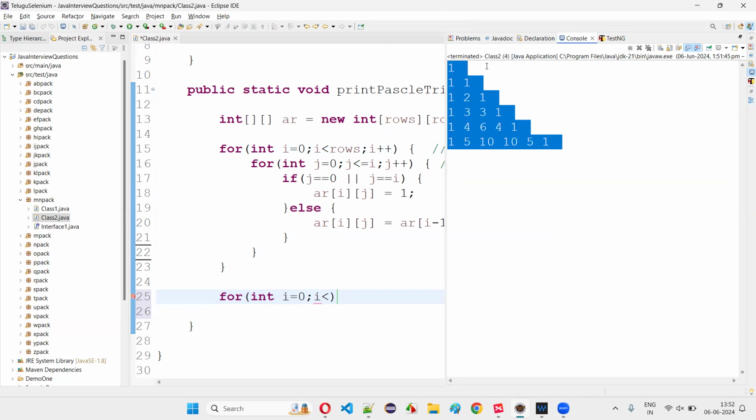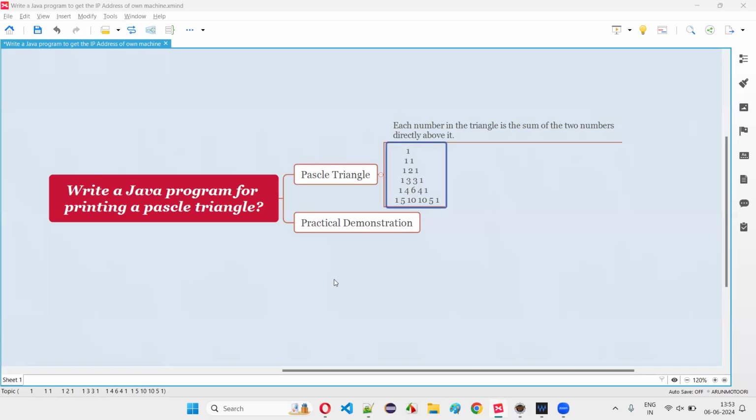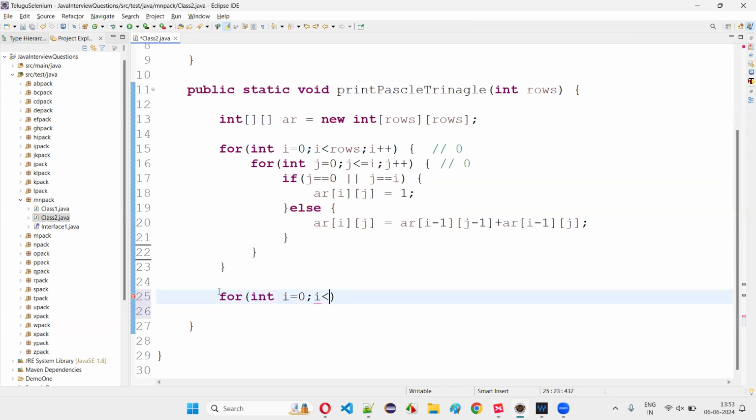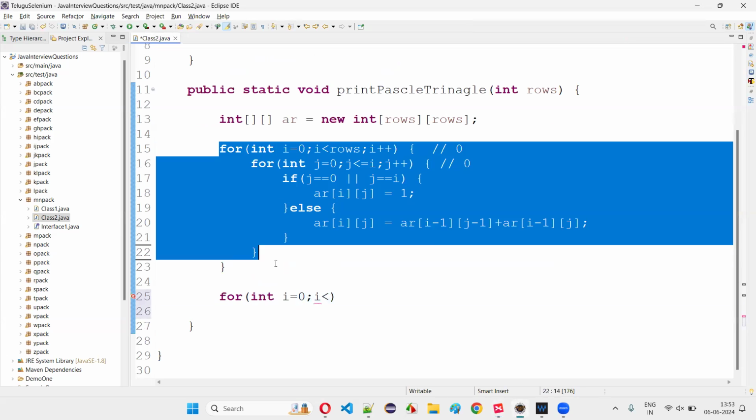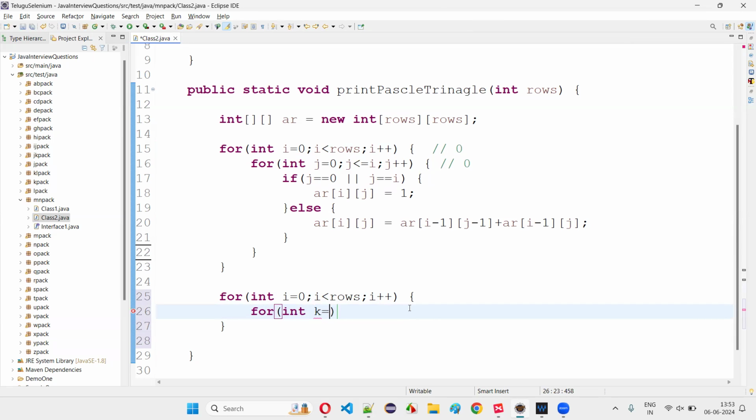Okay, this is left aligned. I want it center aligned. Exactly this way I want the output to be. That's the reason I'm writing this code instead of printing using this for loop. And for int k is equal to 0, k less than